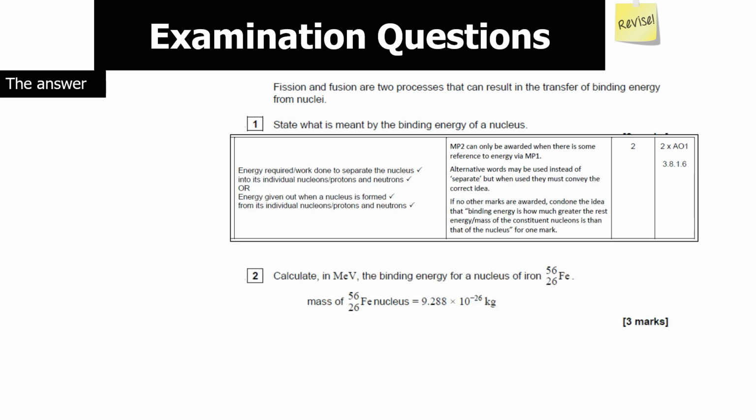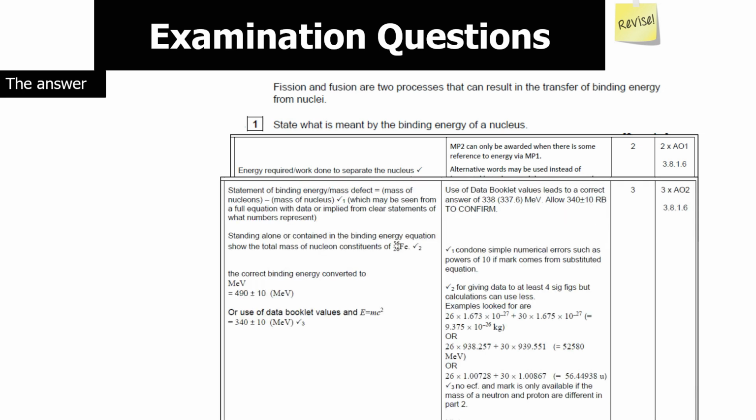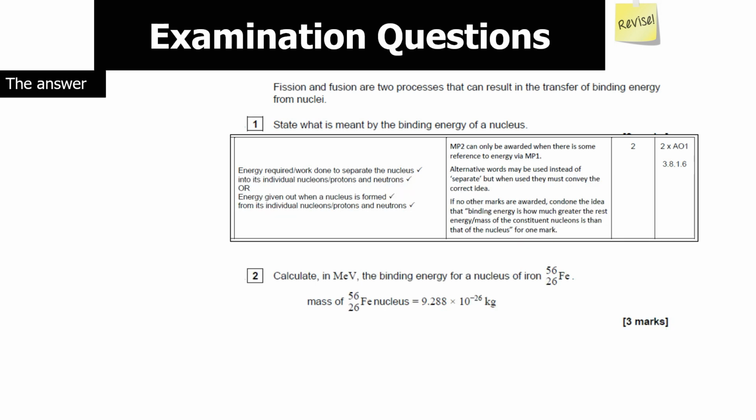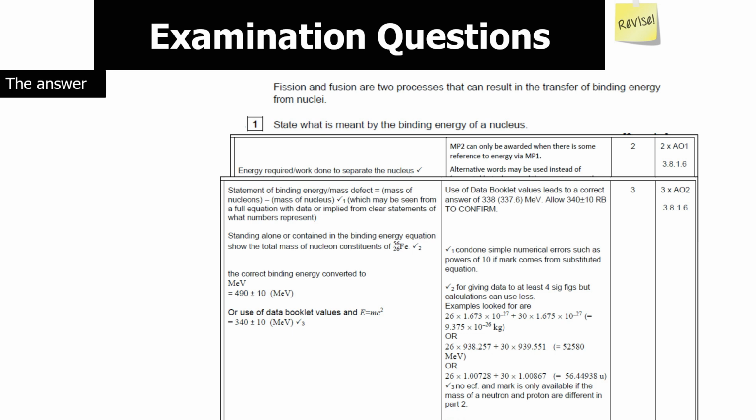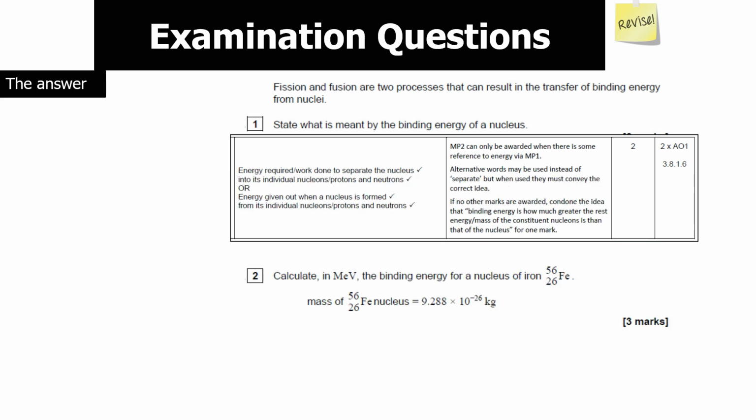Now the next question, how to work out the binding energy. You look at the values here and you work out the mass defect. You work out the mass defect by working out the masses of the individual nucleons, and then we subtract the mass of the nucleus from that, because that's the difference. We see that there are 26 protons in iron, so we do 26 times the mass of the proton, which is given to you on the equation sheet. You can see here that 56 minus 26 is 30, so we've got 30 neutrons, so we do 30 times the mass of the neutron in kilograms, which is given on the equation sheet. You add them together to get the total mass of the individual nucleons. You then subtract the mass of the nucleus from that,